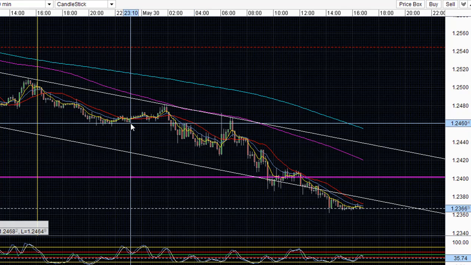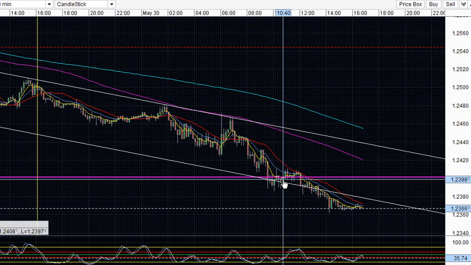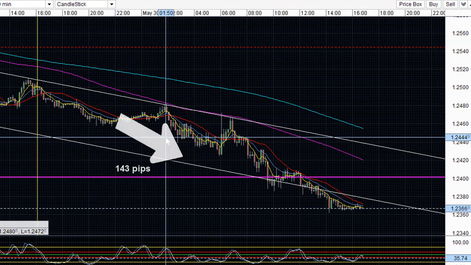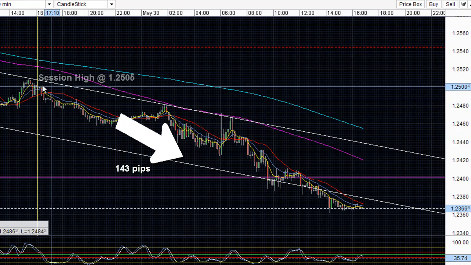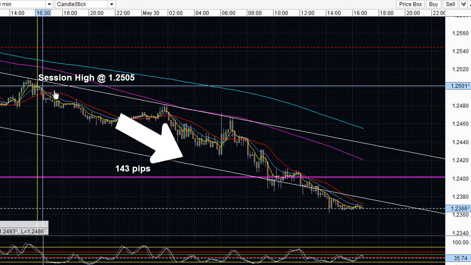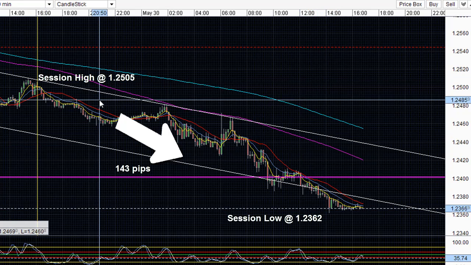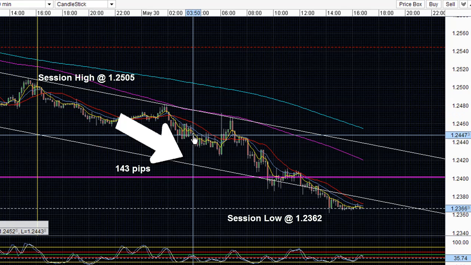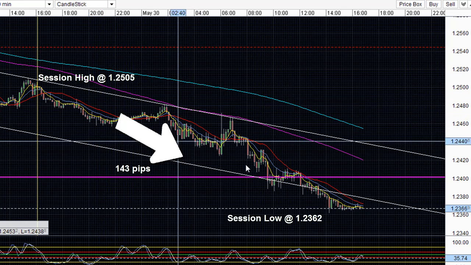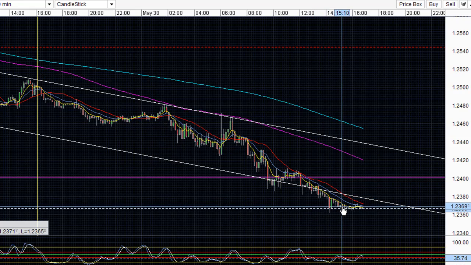So throughout the trading day, negative headlines began to weigh on the common currency, and the pair had fallen 143 pips from a session high here at about 25.05 down to the session low at 23.62, for about 143 pips. So the market was extremely bearish leading up to the close, and we are now awaiting the breakout during the